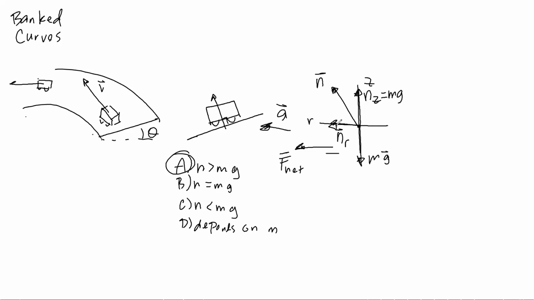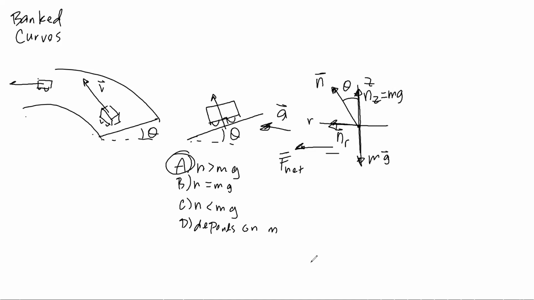So that's a really subtle point that folks often miss when we're talking about banked curves. And in fact, we can even make it quantitative. If this is theta, the banking angle, usually with respect to horizontal, then that's the same angle that n makes with the z-axis. And so in looking at the sums of these forces, we're going to have,